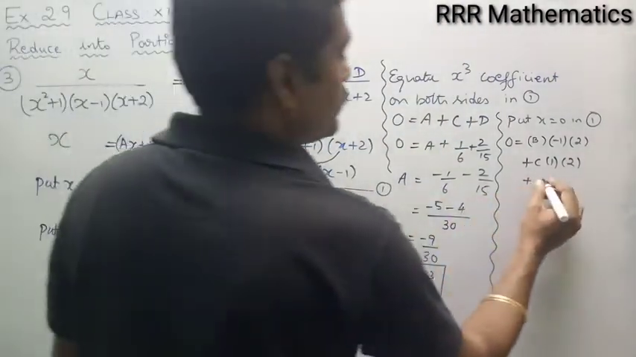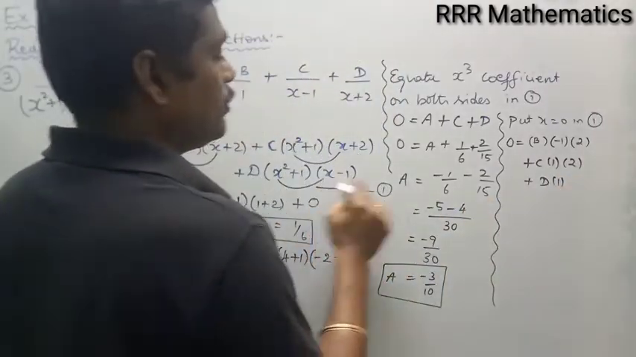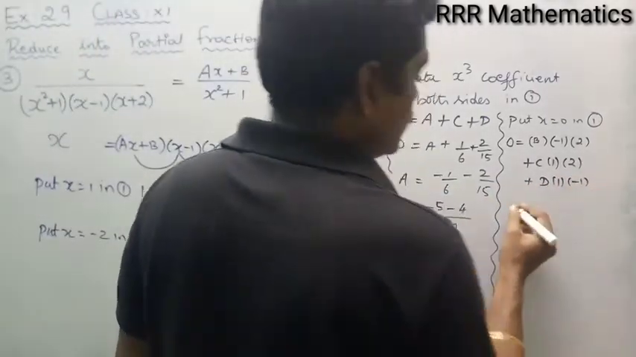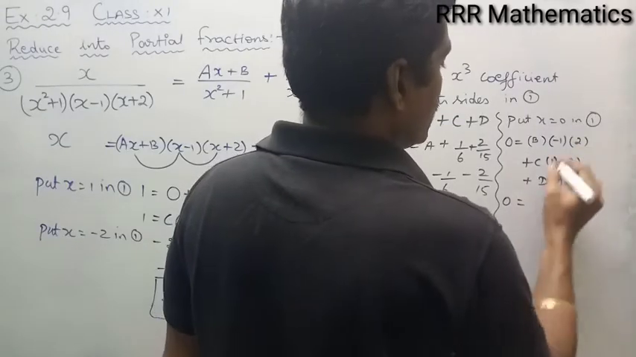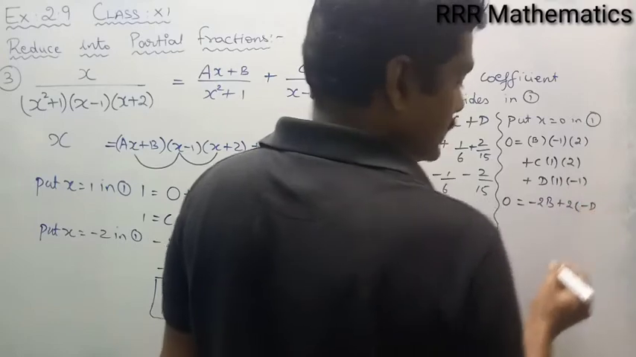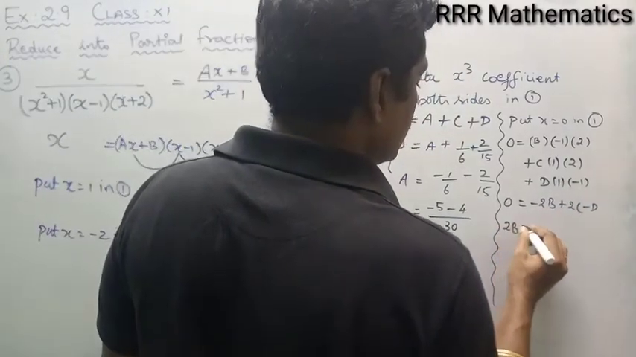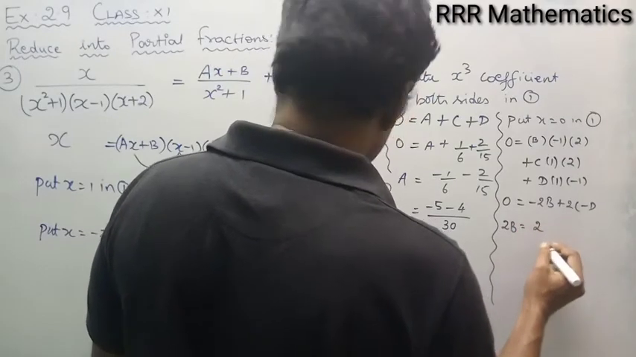Here d. 0 squared plus 1, 1. 0 minus 1, minus 1. Simplify. It will be minus 2b, plus 2c minus d. I need b, so I will bring this minus 2b to the left hand side. 2b equal to 2c...